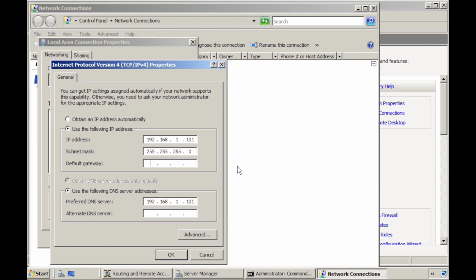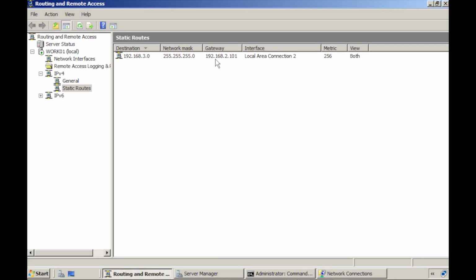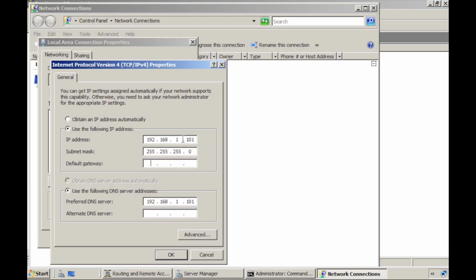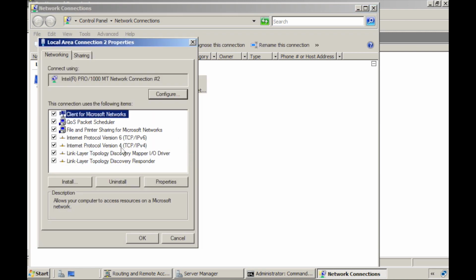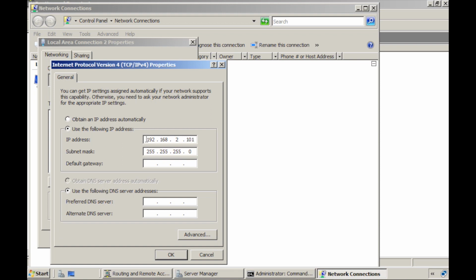So in order to accomplish what we're trying to accomplish, we need to have a default gateway. Our default gateway is 192.168.2.101. Now the default gateway really needs to be in the same subnet as the IP address that it's going to be pinging from. We might be able to fudge a little bit here because these network interface cards are attached to the same machine, but our best bet is actually to use NIC 2 here, because the IP address for NIC 2 is on the same subnet as the default gateway. So we're going to use 192.168.2.101. Is that right? Yes,